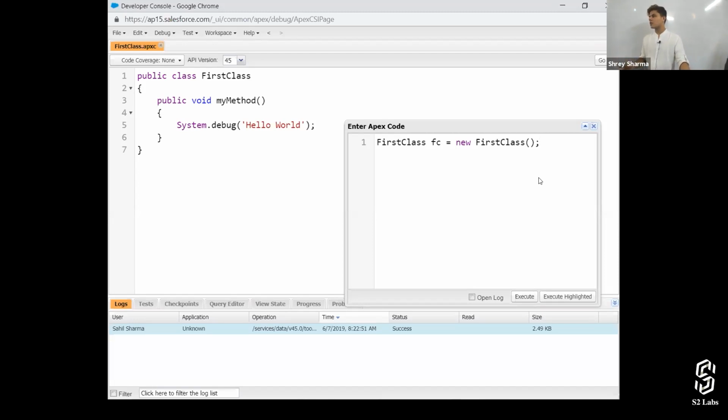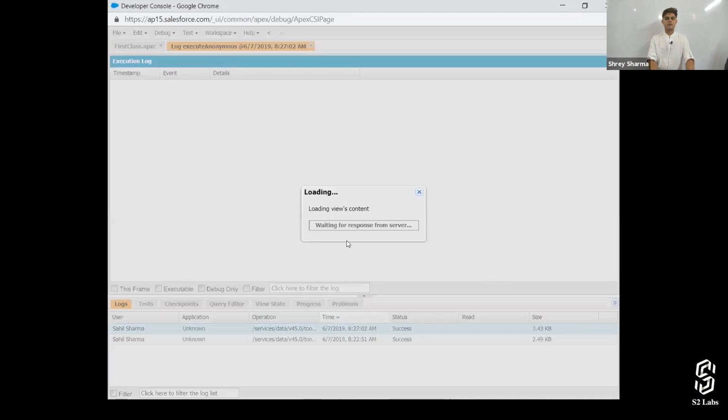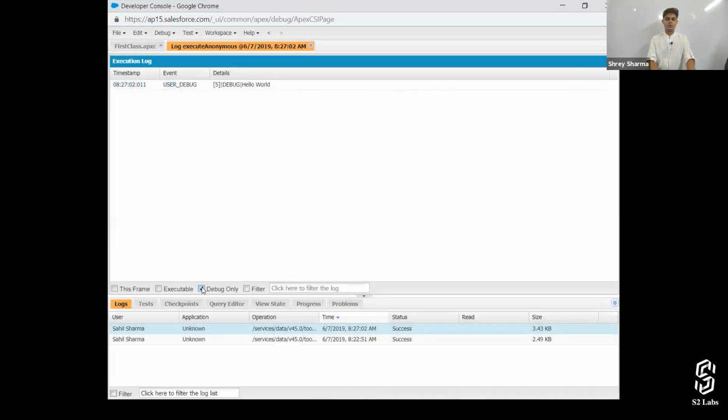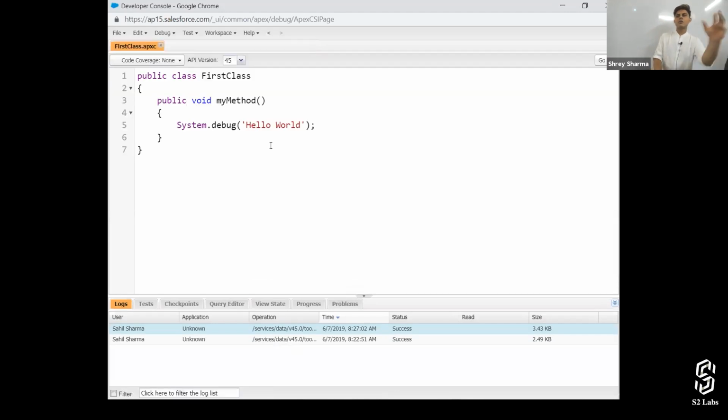That's compulsory, right? So if you are creating a method without the static keyword, you need to write down first this, and then what? You need to write down the method name and then just execute it. If you're going to check this, open the log, take it like that. That's it.